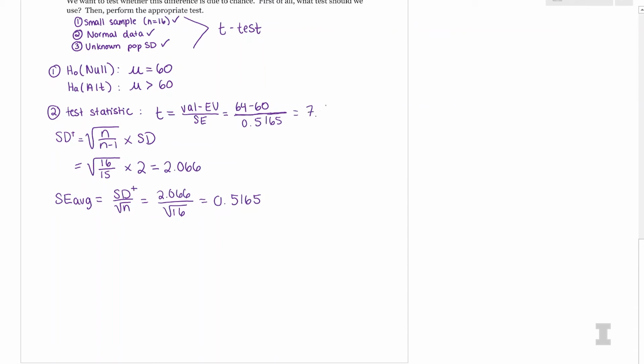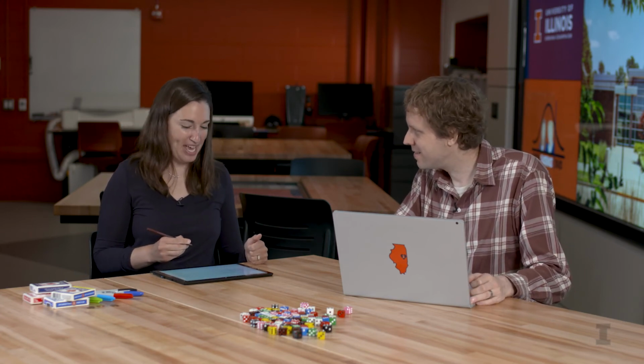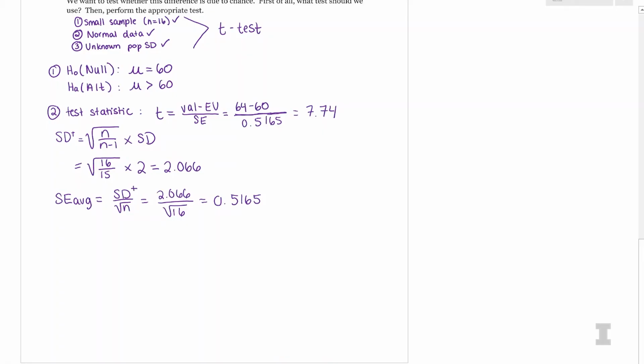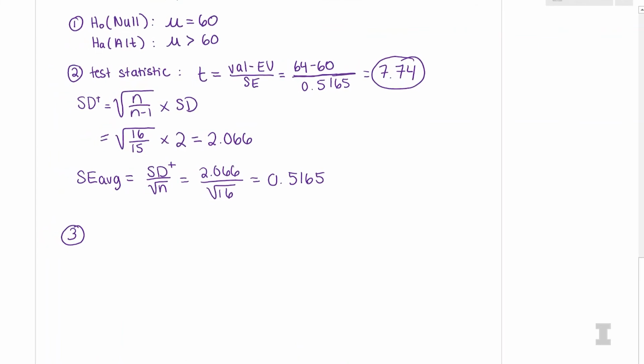Wow, this seems big. Are t values and z values somewhat similar in the sense that 7 is big? Somewhat similar, yeah. So this one is definitely considered big. But let's just see exactly how big. What's the probability I would get my difference between 60 and 64 seconds just by chance, given that the true mean is actually 60? So we are going to find the p-value.